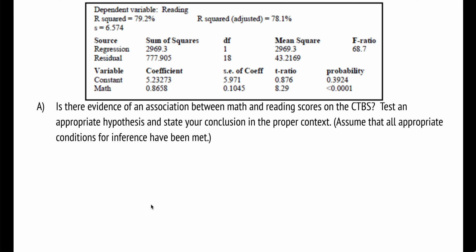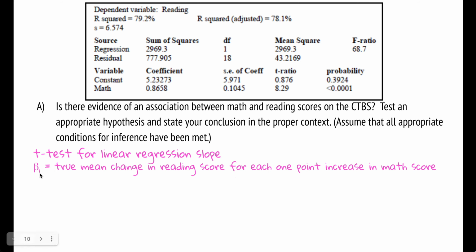So let's start with the name of the test: t-test for linear regression slope. You could also call it a linear regression t-test. So our parameter is first. Beta 1. You could also just define it as beta, the uppercase, fancy looking B. The true mean change in y, which is going to be our reading score, for each 1 unit change or increase in math score. Okay, just as a recap from when we did the review, when I'm looking at my data up here, the reason I know that the y variable is reading and the x variable is math